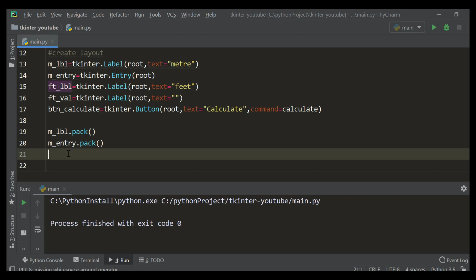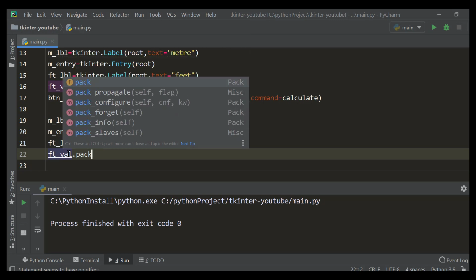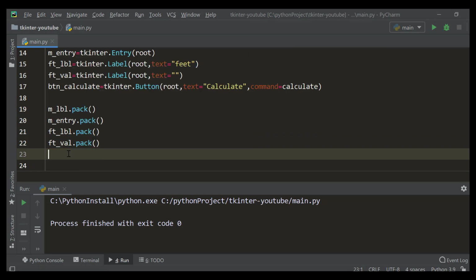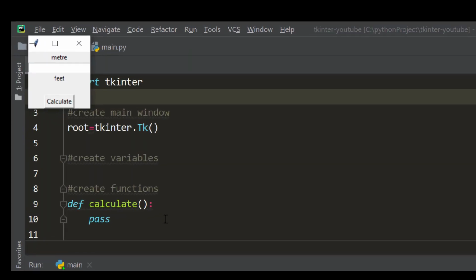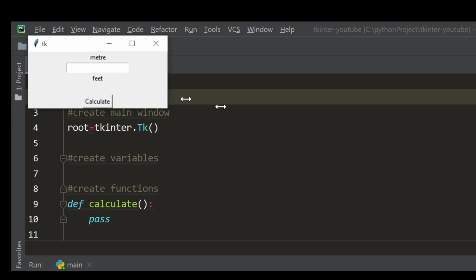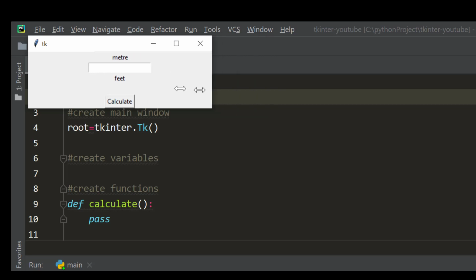So feet_label.pack, let's pack them all. feet_val.pack, and button_calculate.pack. So I hope to see these widgets on the window now. So if I run this window, I'm able to see widgets. Not in a perfect manner, of course. By pack we have these widgets stacked on top of each other by default and in the center of the window. Okay, and we will definitely make them better, but first thing which I want to fix is this,